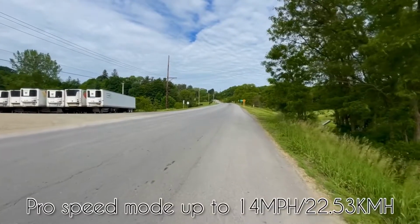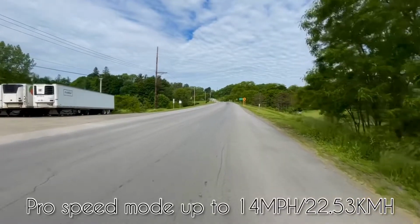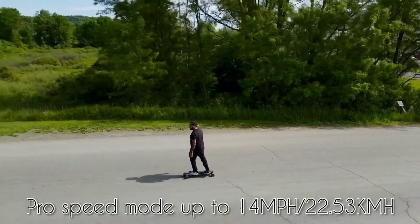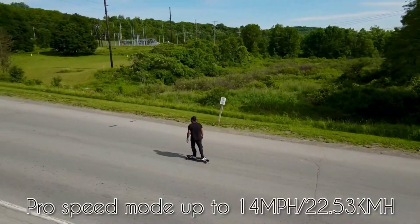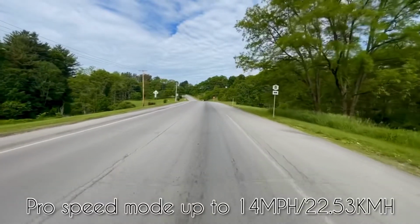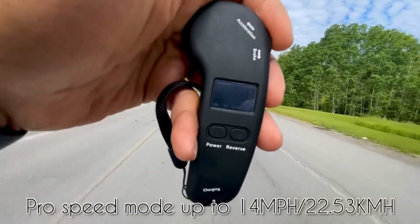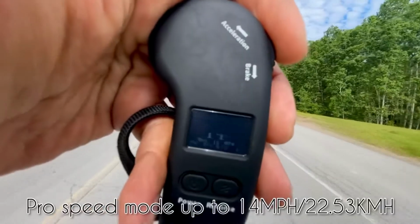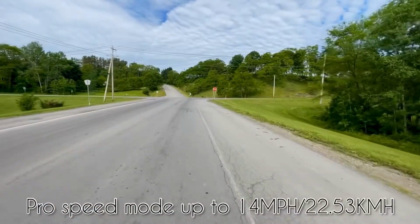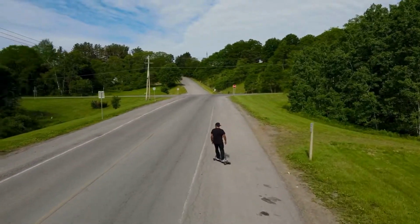Set it up in pro mode. Let's go up this hill. Let's see how it goes. And it goes up to, I believe, 14 miles per hour, or 22.53 kilometers per hour, as you guys can see on the bottom. It's a big difference from 9 miles per hour to 8 miles per hour. So much of a difference that at the end, I almost crashed again. But yeah, it went up to 14. It was between 13 and 14, as you guys can see right here in the video. That shows the remote controller. And right over here is when I almost...